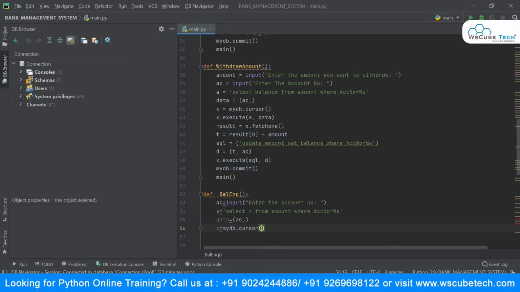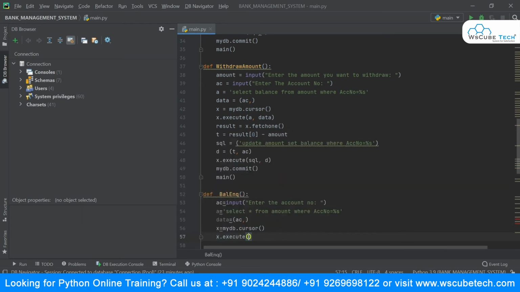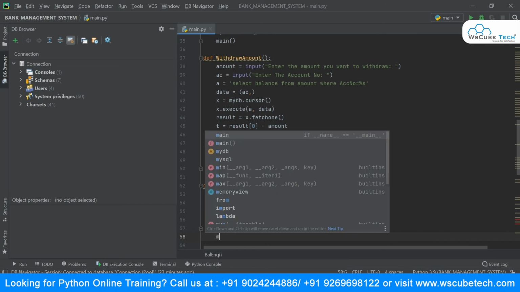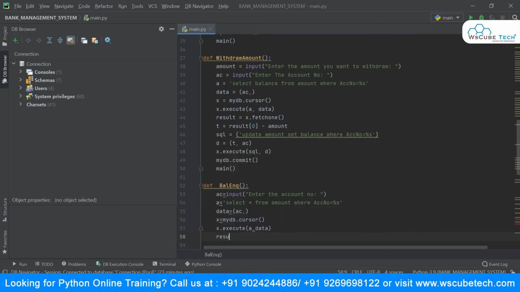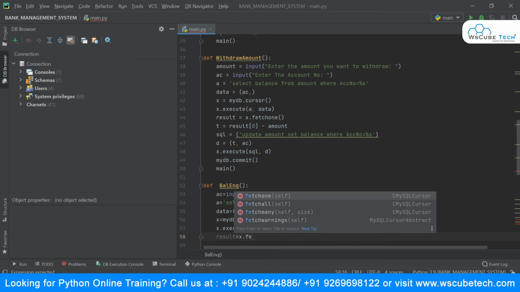Once I get the cursor object, I can make use of the execute command, and inside this I want to execute the query and data. Once I'm done with this, I will fetch the results. So I will say result is equal to x.fetchone.